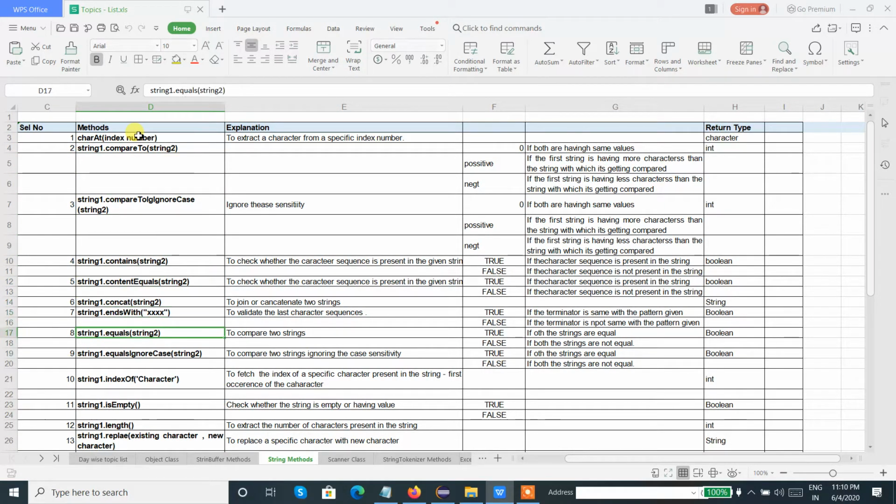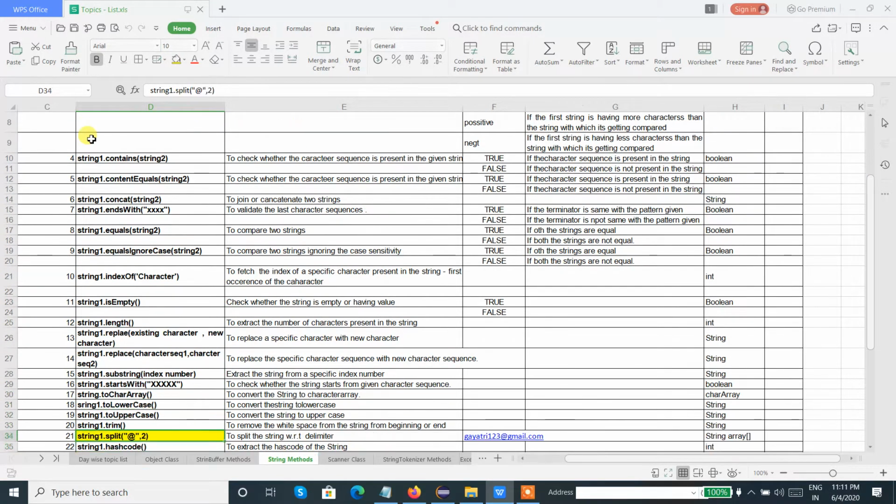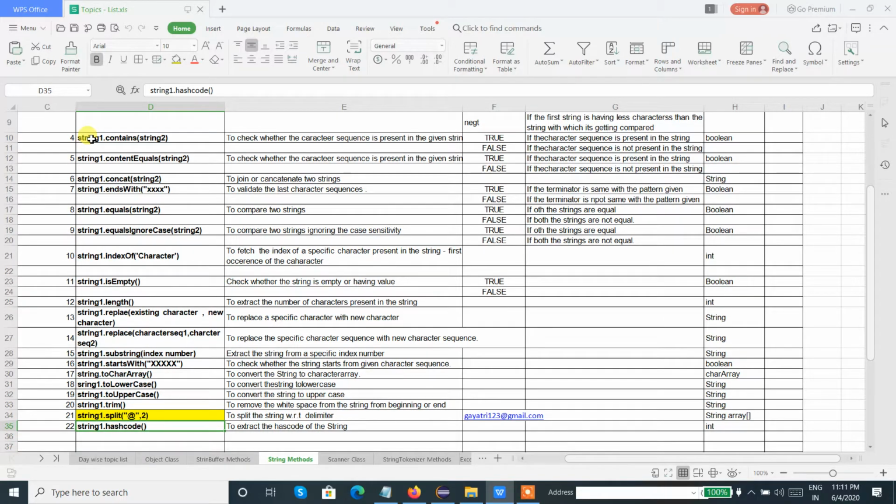This is just to give an understanding of what we are going to do with the String class exactly. We are not going to just declare the string, initialize the string, take input and print it. We are not going to do that. We are doing complex operations by using strings. That is the reason we need to work with multiple methods, which you can see in front of you in this Excel sheet. Around how many methods did I note here? Around 22 methods including hashCode, where two methods are not part of the String class, those are the Object class methods, equals and hashCode.